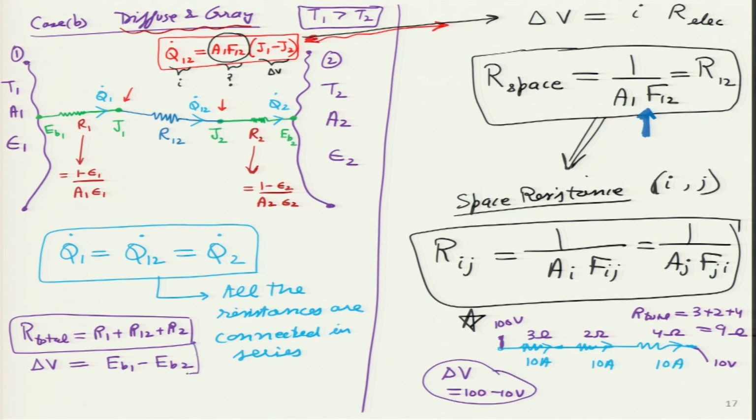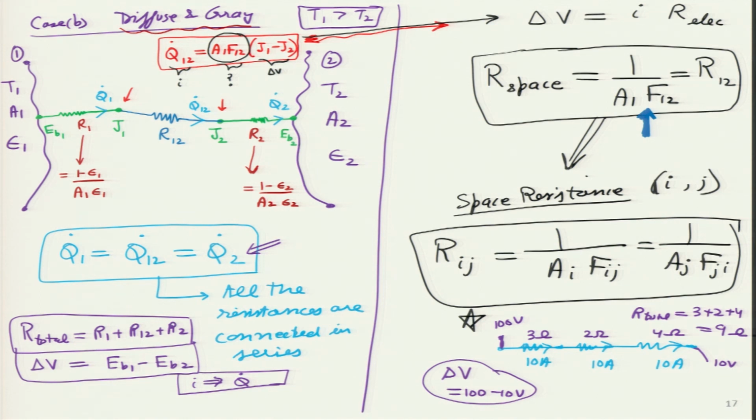So, I know the voltage drop, I know the total resistance. What is the current which is flowing over here? So, that particular current I is simply q dot. Which q dot? Any of these 3 q dot, all of them are same. Which means I can summarize it in the following form now,